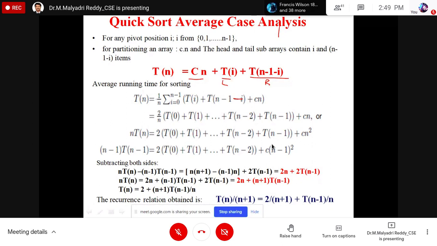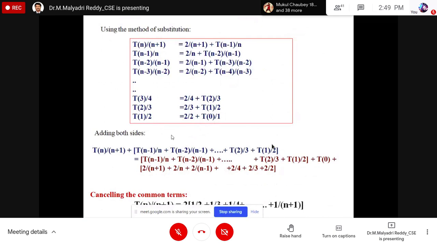So by the rule of the average case, as in the implementation of the master theorem I explained, the total time taken is the sum over all elements, 1 by n into T of left elements plus T of right elements, and the combine time n. This is the process. By solving this recurrence, we will get this value. By substituting that value, I will send this material, you go through it. So finally, this is the final value.